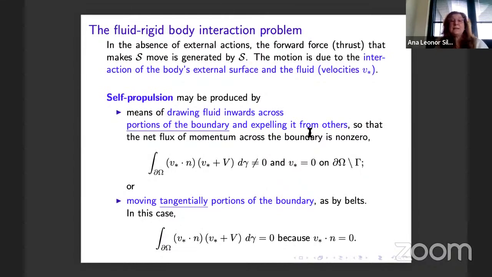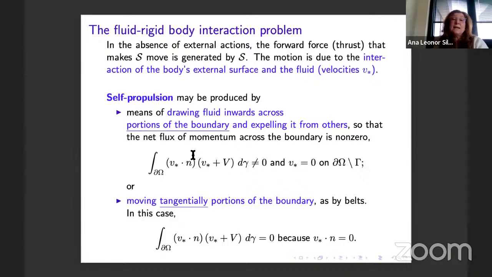Now let's see what we are going to consider for our control problem. In our control problem, we are going to consider two different types of controls, also taking into account certain problems that we find in real life. So again, let's recall that the motion of the rigid body is due to this distribution of velocities v star on the surface of the rigid body. And we are going to consider self-propulsion,